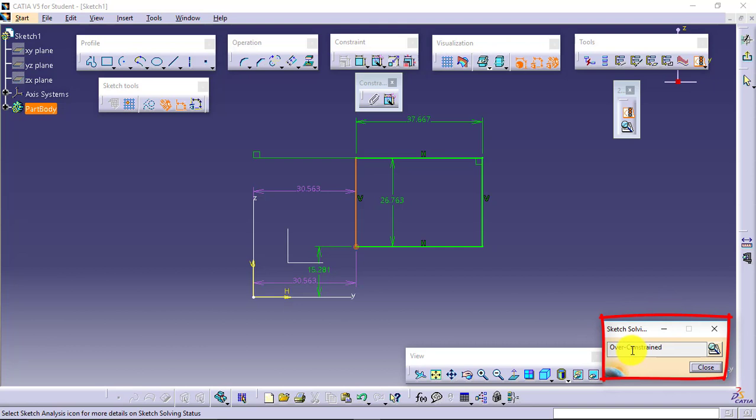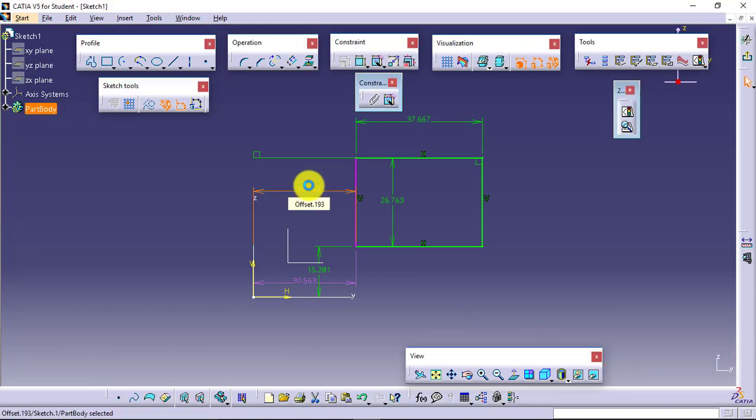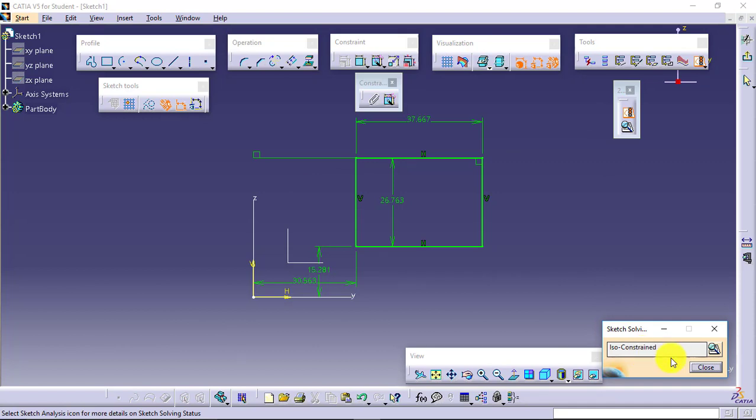There is some constraint, whether geometrical or dimensional, that you have given extra which was not required as per the definition of your sketch. To resolve this, you can select any of the purple constraints and delete it, so that your sketch will be resolved. Now you can see it is ISO constraint.